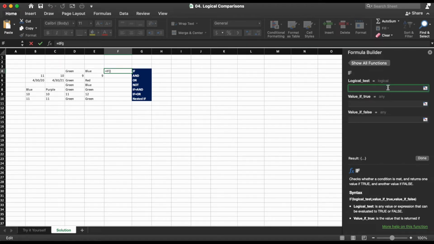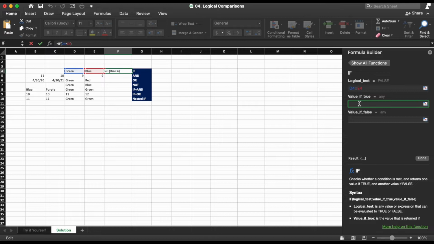And you'll see that the different arguments that you have to enter are all presented here in 3 different boxes. So first we're going to put in the logical test, which is going to be D4 equal sign E4. And you'll see that as you're going through it, you'll start to get values above the entry bars. And again, this is one of the really nice things about Formula Builder, you can see what you're doing as you go through it.